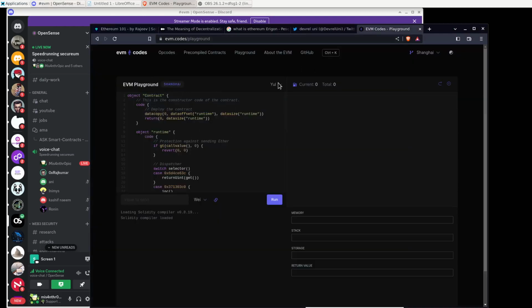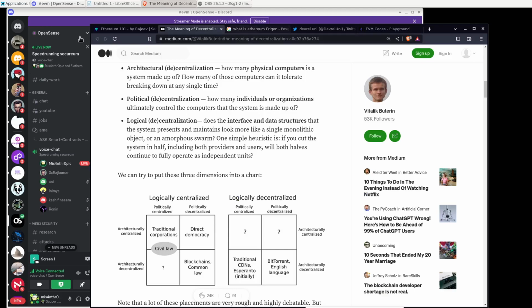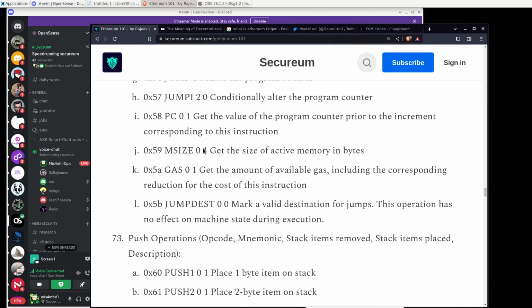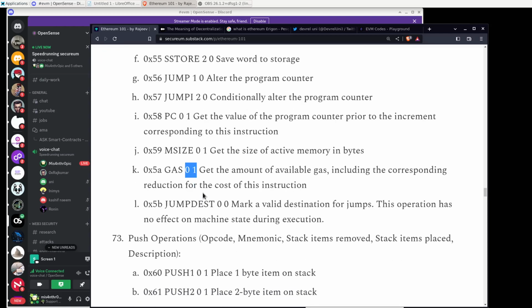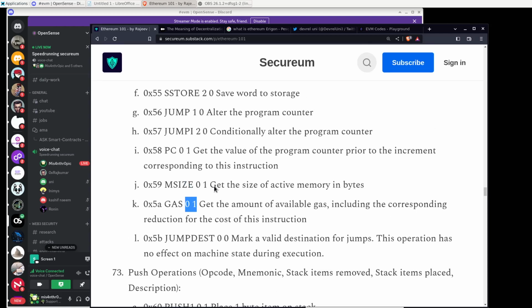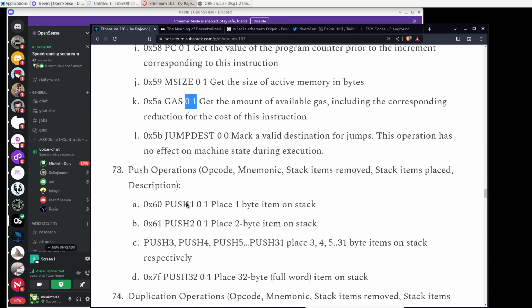Can you show me what the doubt was? Here, look. After each bytecode we have these numbers, like 0 1, 1 1 0, 2 0, and we don't know what this means, if this is the gas cost or something. Even I don't know what it means. I think this is not key, so let's just keep going, and when we start doing the exercise, we'll see if this is wrong or not.